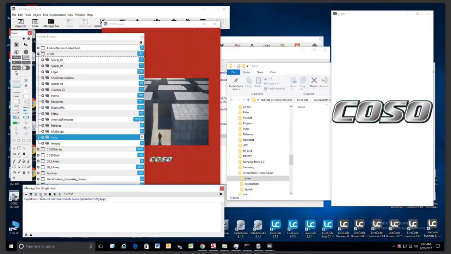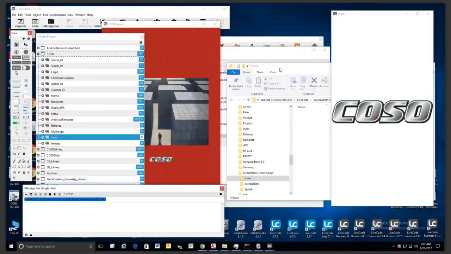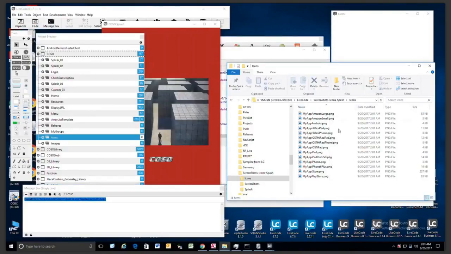and we're going to use the export icons, which was included in that code sample that I uploaded. And we're going to go to icons. We're going to again prefix it with my app. So if we hit return here, you can see this thing flashing all over the place. And we look in the folder here, and here's your one for your Android app, your iOS ones, the Play Store,